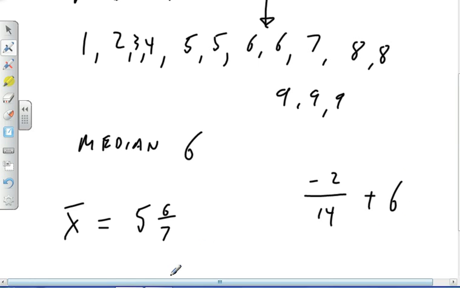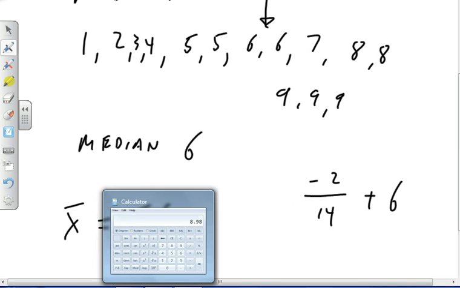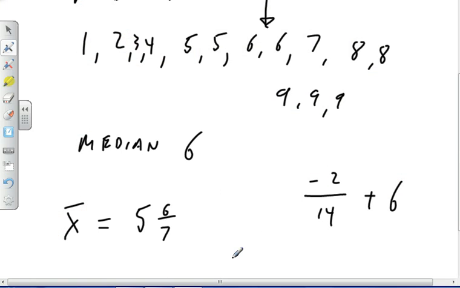Alright, do we believe that? Let's see, where's my thingy here? Okay, do we believe 5 and 6 sevenths, or do I have to go and do a calculation here? No? Yes? Good. Alright, so we believe it's good. So that was 6. We'll move down to